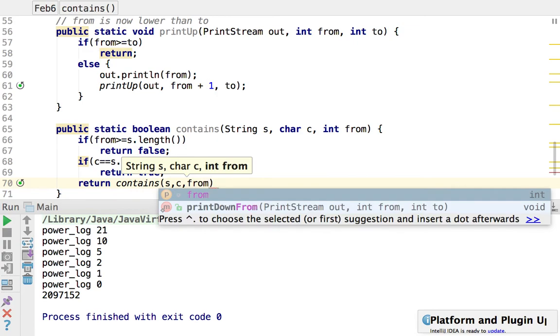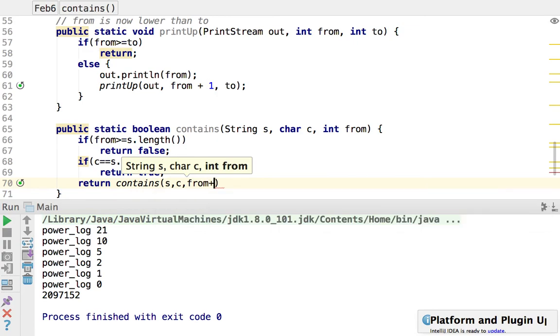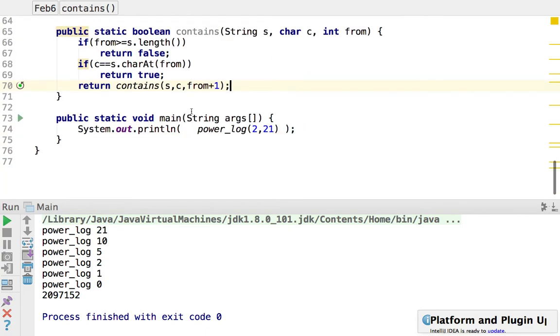And then how much? from plus plus 1, right? Because I'm going towards the end of the string, right? I can do it minus 1, and then I would need to check here with 0 rather than length. What is the s dot